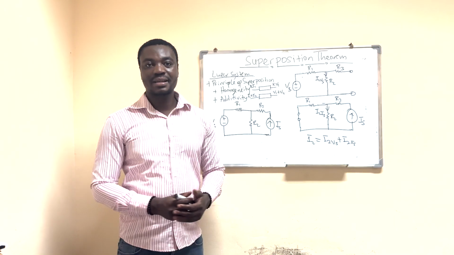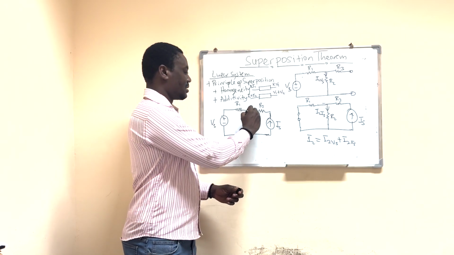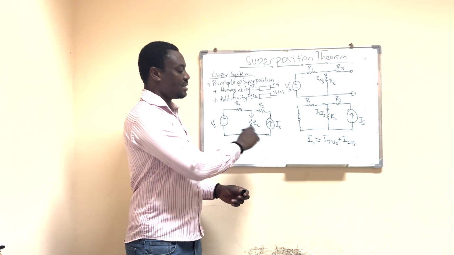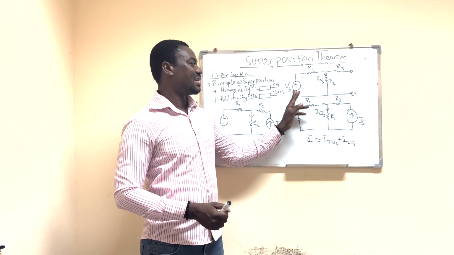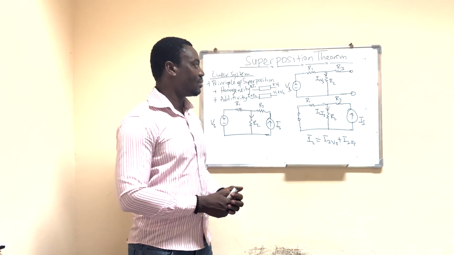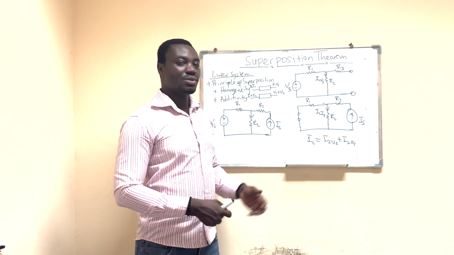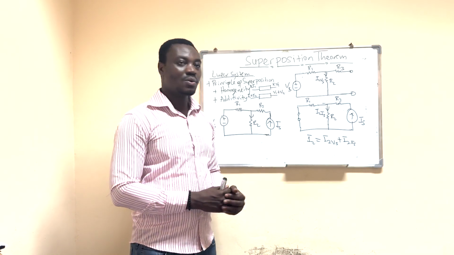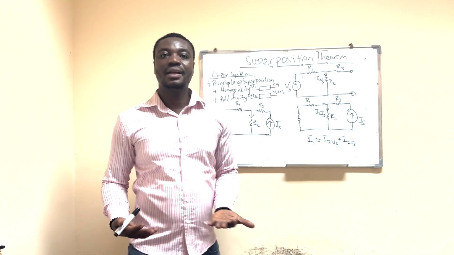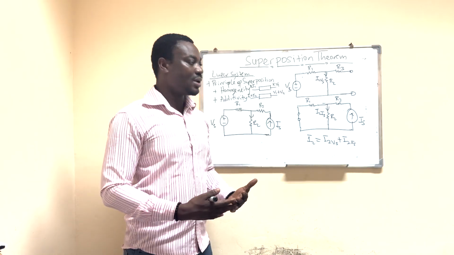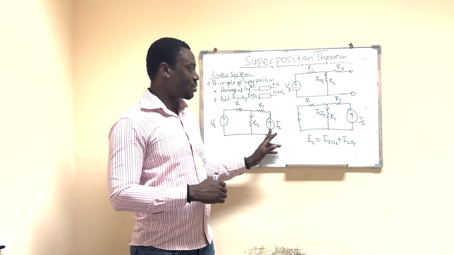Now, how do we get the current? The current passing through R2 is going to be equal to the algebraic sum of the current passing through R2 due to each of the independent sources acting alone. So here we start with the voltage source acting alone, and we turn off the current source. When it comes to turning off a current source, we remove the current source. Turning off a source simply means that we are trying to make sure that at the location of the source,